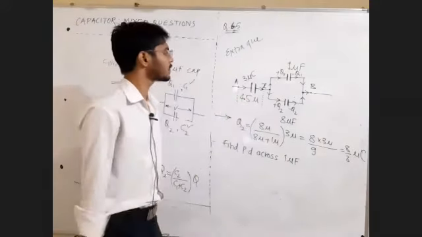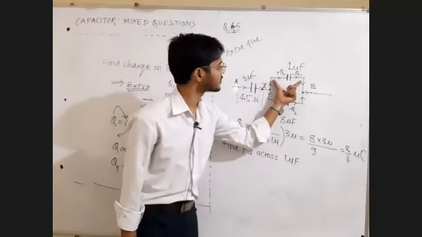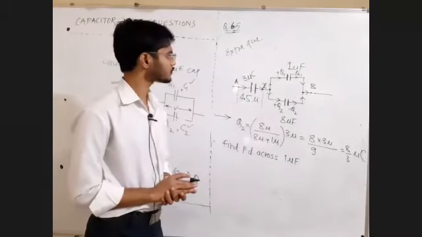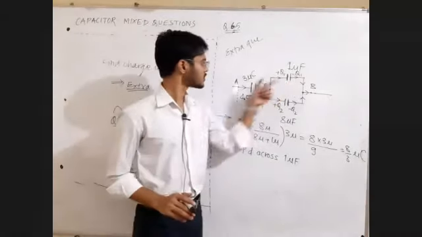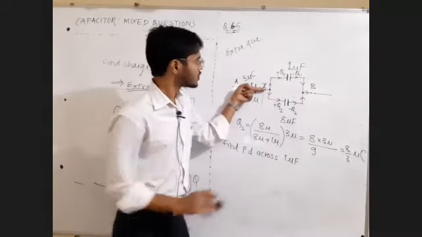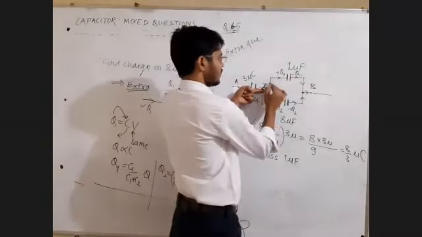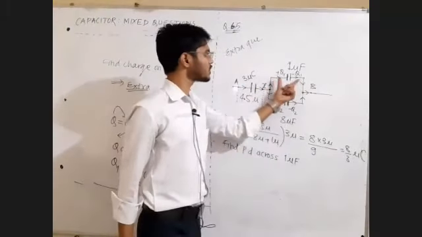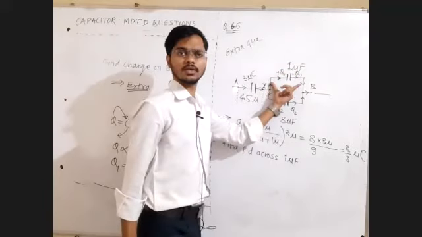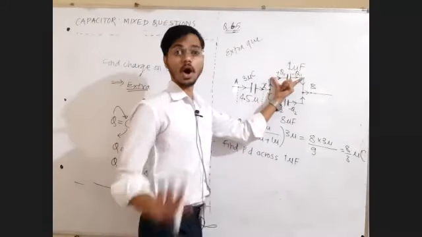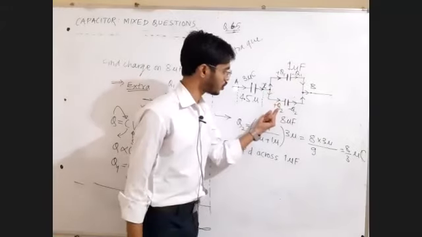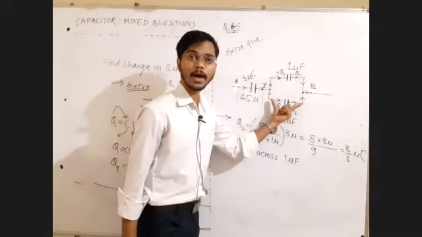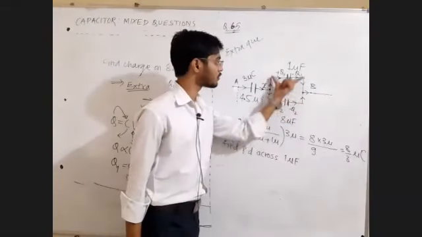No, they don't want that. They want potential difference across the 1 microfarad capacitor. What you have to do is this. You have 3 microcoulomb here, so find out how much charge is in the upper branch. Find out Q1 and do Q1 with C1, you will get V1. Or find out Q2 and do Q2 with C2, get V2. And this V2 and this V1 both must be the same.